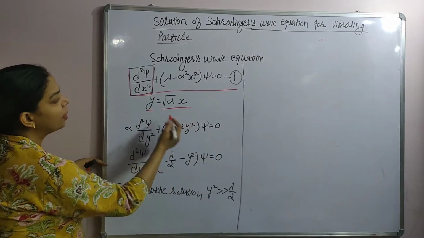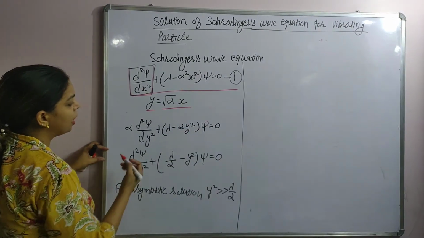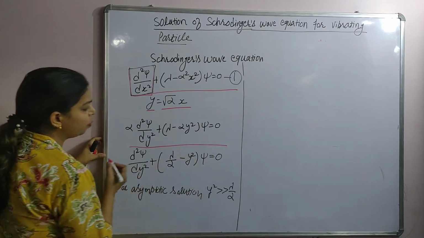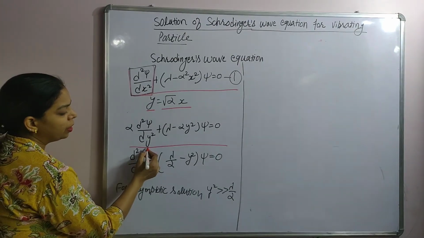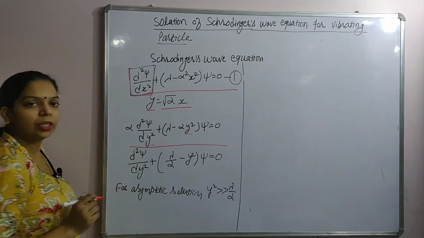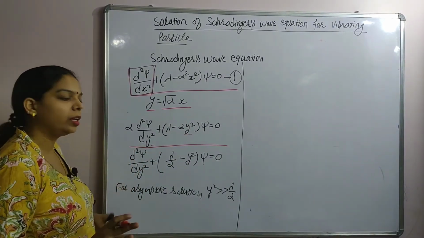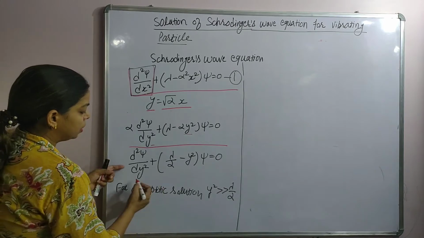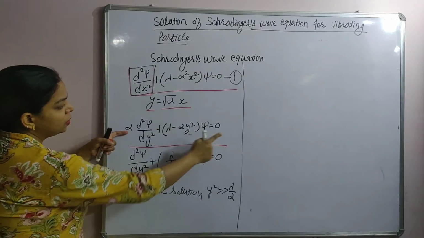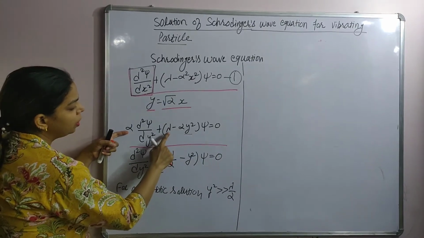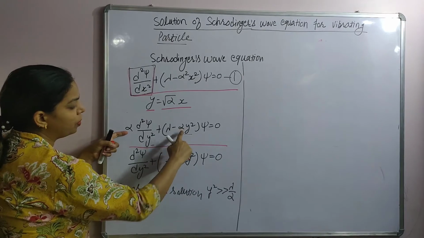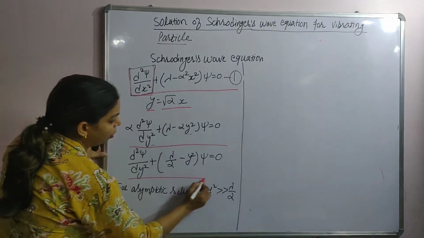So when I do all the differentiation and calculation, after substituting you will get this equation in terms of y. So x is not appearing in this equation anywhere. We have totally converted this equation in terms of y. Now y is the variable here. Take alpha common from this equation, other side is 0. So this will be lambda by alpha, and alpha will go away from this factor. So this is the final equation.